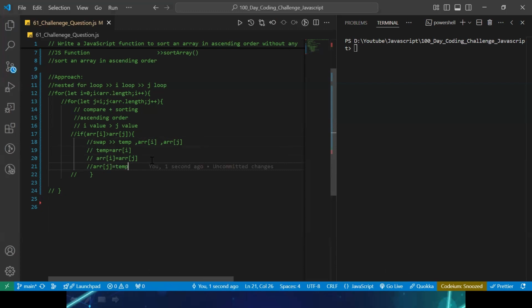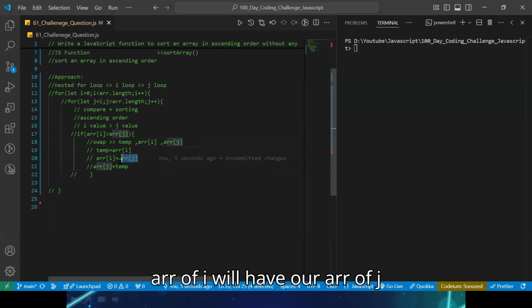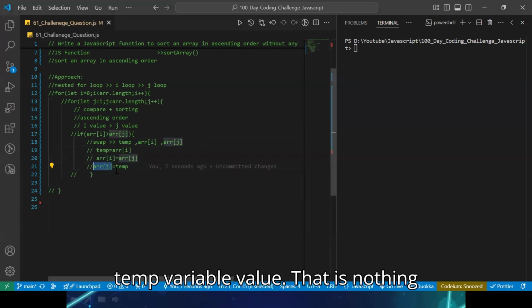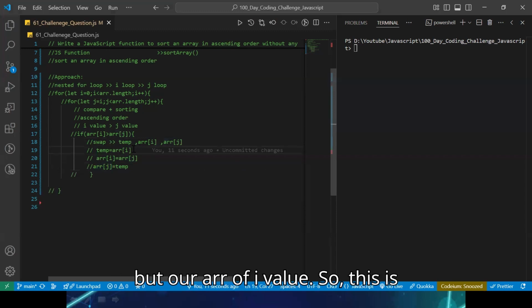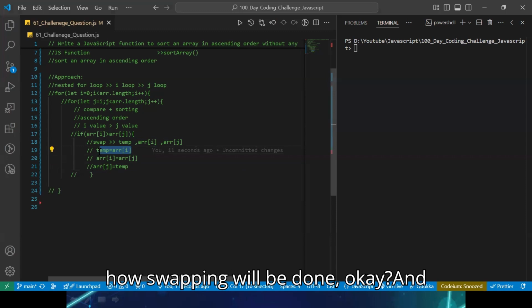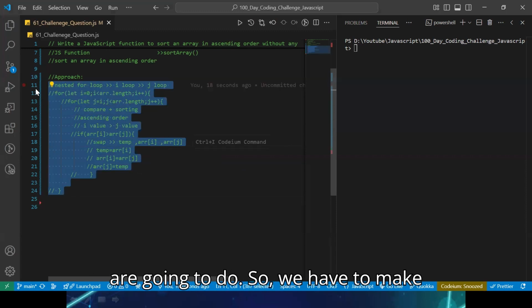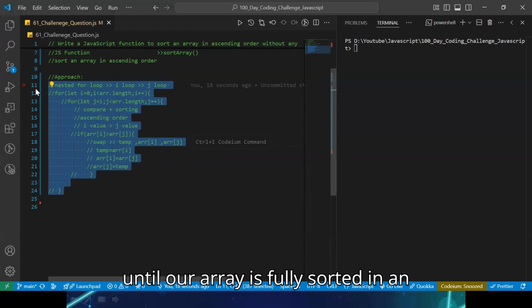So if you see, ARR of I will have our ARR of J value, and our ARR of J will have the temp variable value, that is nothing but our ARR of I value. So this is how swapping will be done, okay? And this is the complete approach we are going to follow. We have to make sure this process is repeated until our array is fully sorted in ascending order.